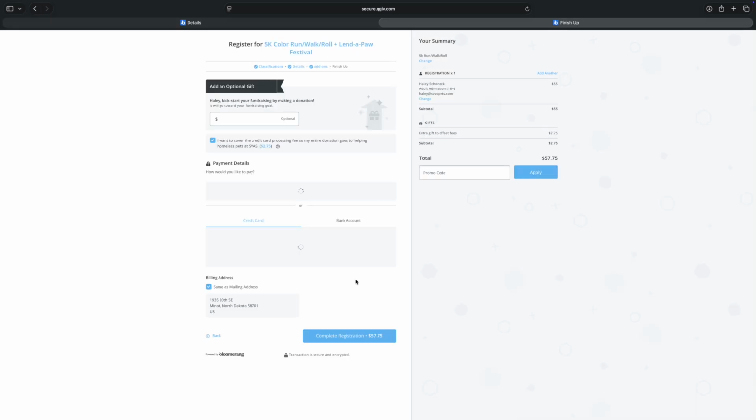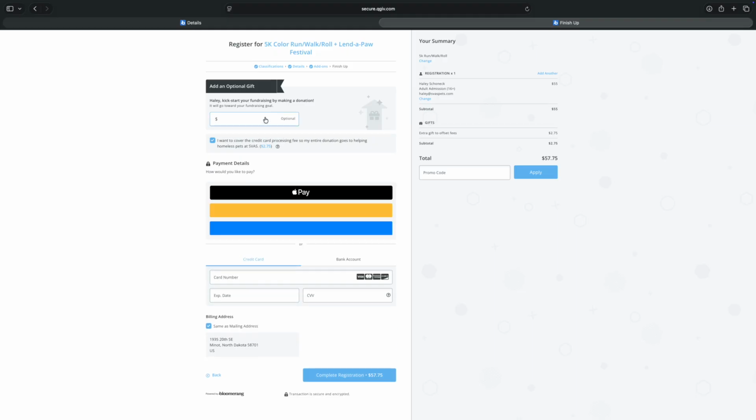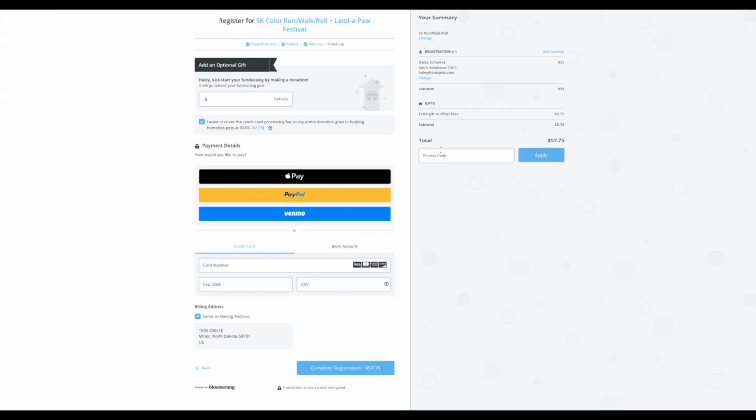And then you can purchase stuff from our store if you would like. Otherwise, you can hit skip. And then from there, you can still add a donation if you would like to. You can also cover the credit card processing fee so that the donation that you make goes directly to our mission instead of us having to pay that fee. And then you'll notice over to the right, all of the things that are in your cart. So if everything is good and you feel good with it, you would hit complete registration